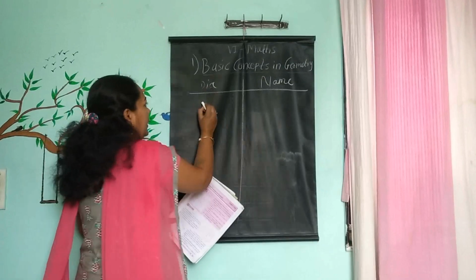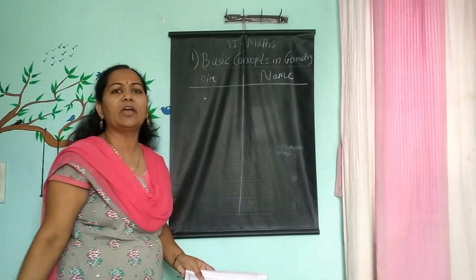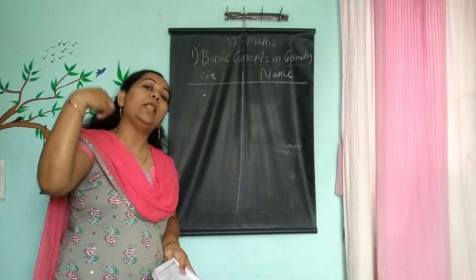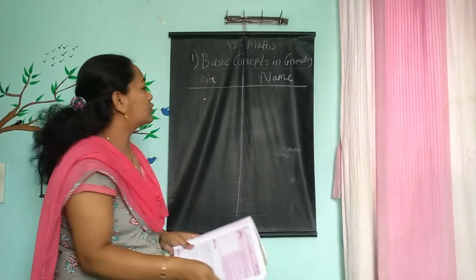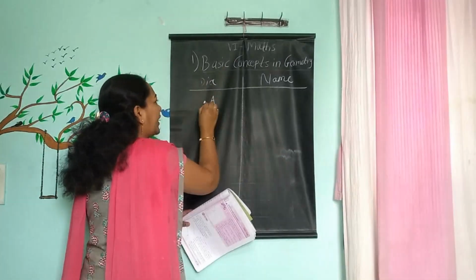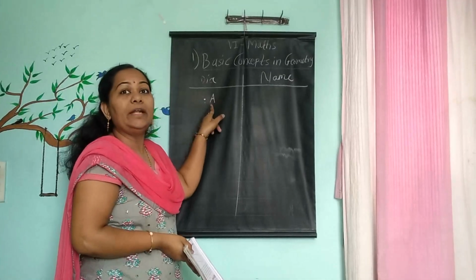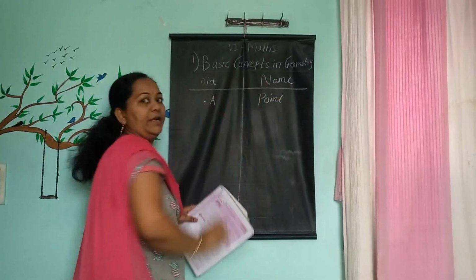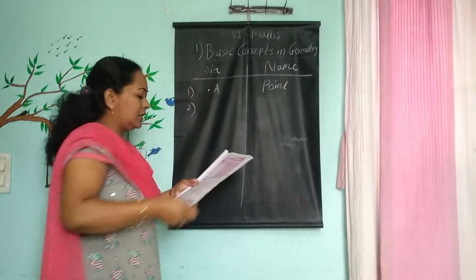Point. Any tiny dot on a plane surface, drawn anywhere, is represented by a capital alphabet. A, B, C, D, whole alphabet is yours. You can use any alphabet to represent that point name. So the point is read by the point name. Suppose for example this is point A. So this tiny dot we have to read as point A. So the name of the diagram here is point. Dot means here point. Number first. Number second,